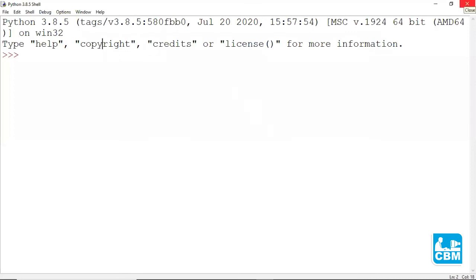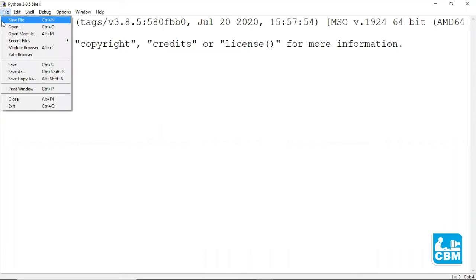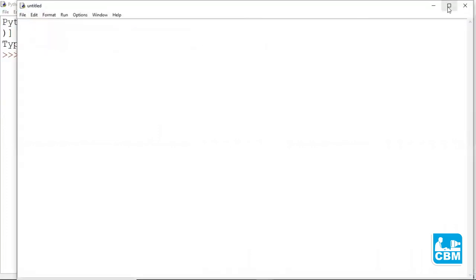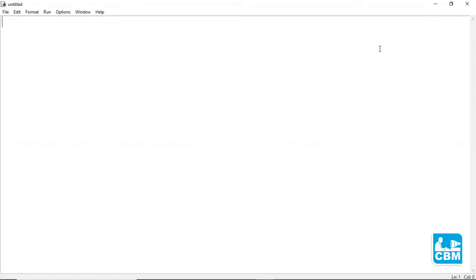Now let's see how the script mode in Python can be used to write a Python program and save this program for future use. First, open Python IDLE, that is Python shell, and go to File, click on New File. This window that has opened is our script area where we can write the Python program.